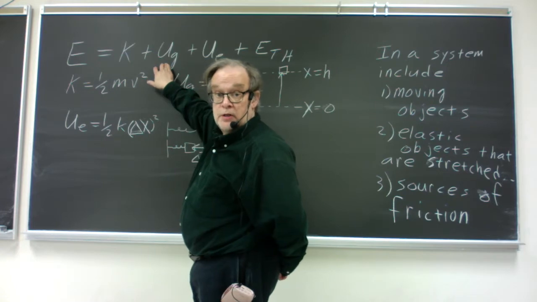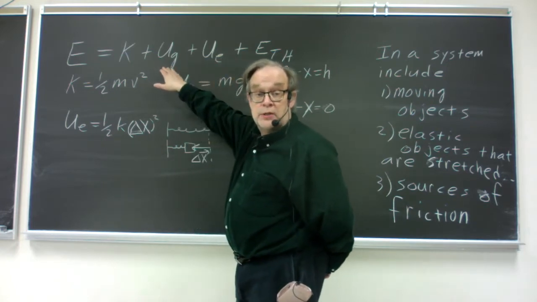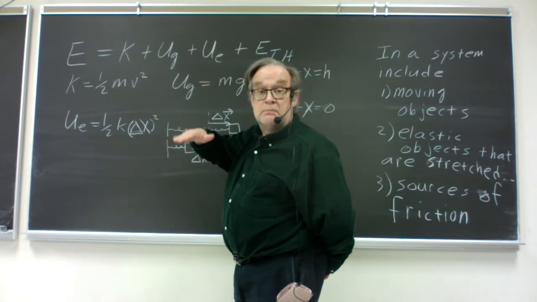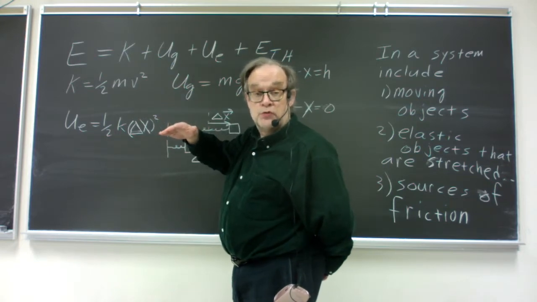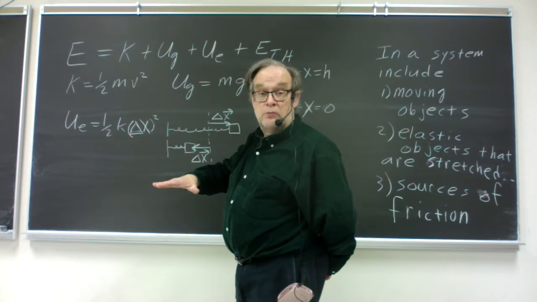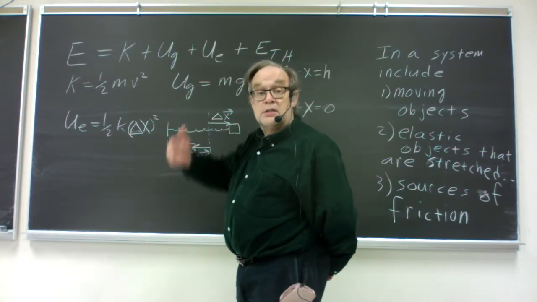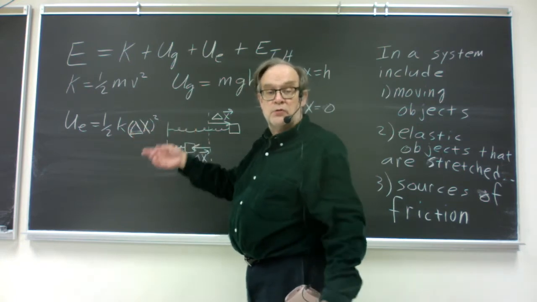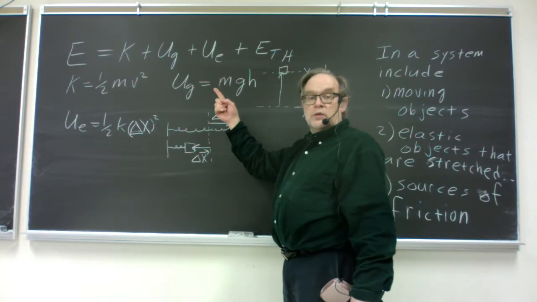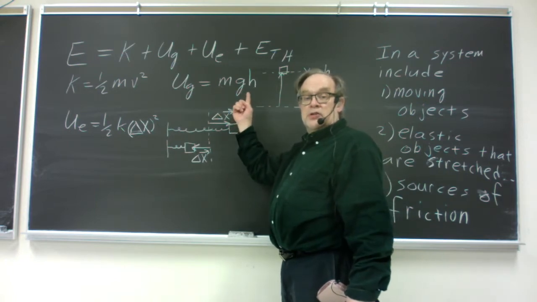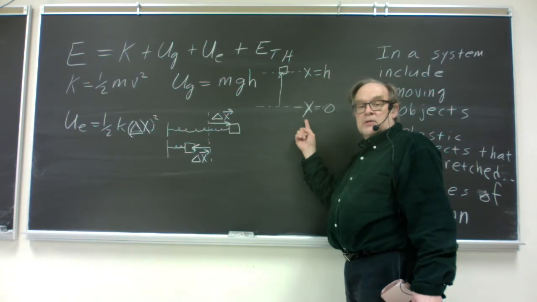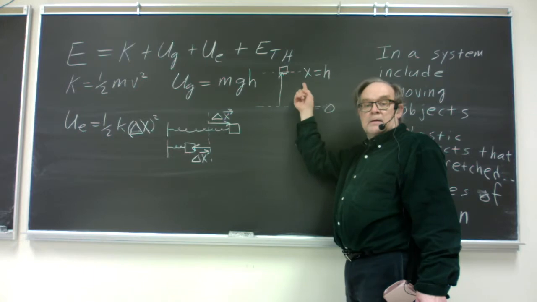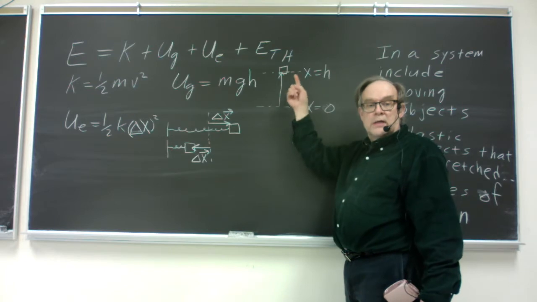Gravitational potential energy, which is energy that an object has because it's interacting with the gravitational force from the Earth, and the amount of potential energy increases as you move that object farther away from the center of the Earth. The rule is mass times g times elevation. You define some zero level of elevation, and then at any non-zero elevation above or below that, you've got some